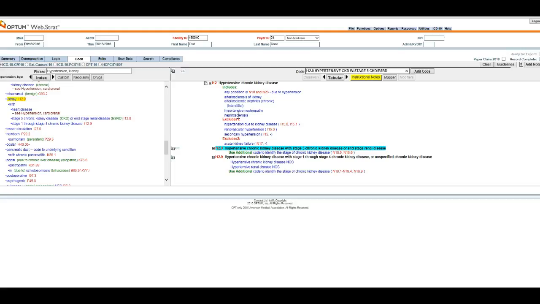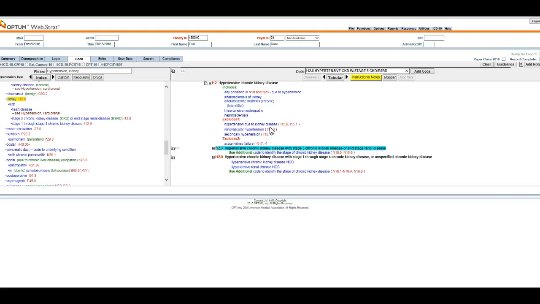So, diagnosis B says left-sided renal artery stenosis. Stenosis is also another term for sclerosis that can be used interchangeably. So we want to pay attention to include the correct diagnosis for that. And then we have it excludes hypertension due to kidney disease. We're not coding that, so that's fine. Renal vascular hypertension, and secondary hypertension. So I'm seeing renal vascular hypertension, which is probably a better code,